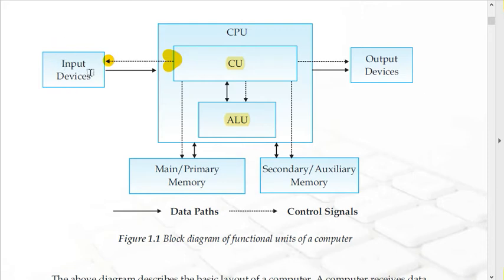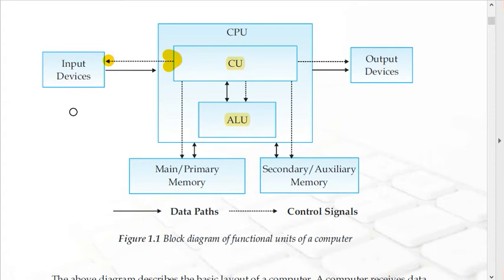So see, with the help of these input devices, we are giving input to the computer. Now suppose I have given the work to add two numbers, 2 and 3, the same example as I told you in the definition of computer. Suppose I have asked the computer to add two numbers, 2 as well as 3. So I made use of a keyboard, and with the keyboard I pressed 2 and 3.